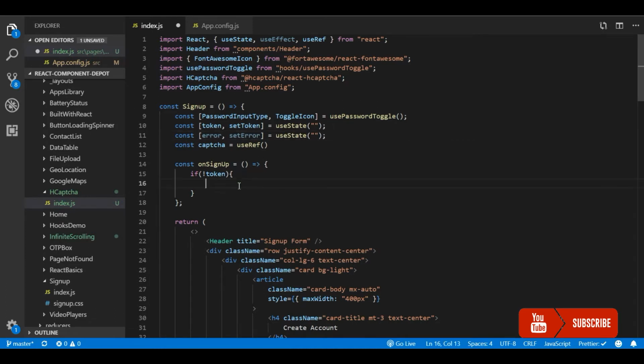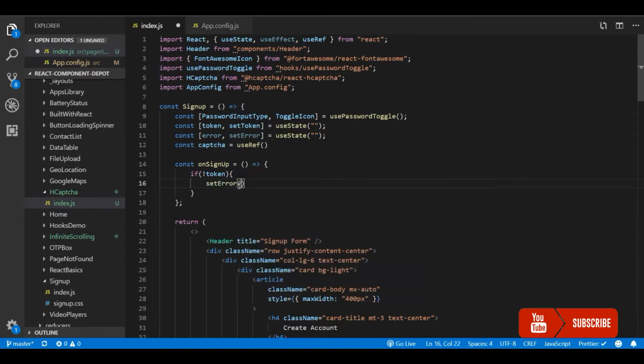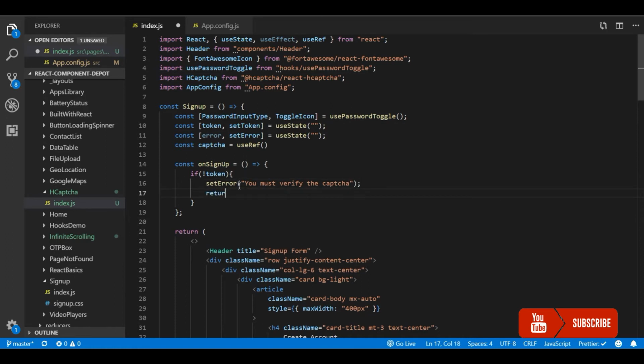So if the token is not available, let's set an error saying you must verify the captcha, and return false.